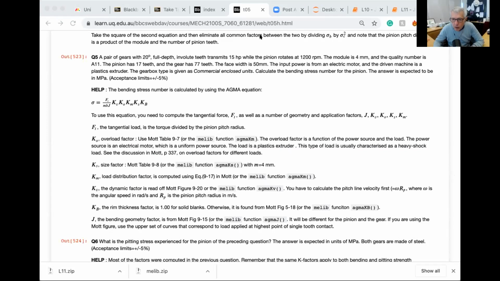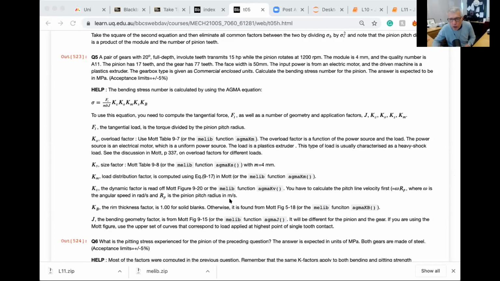And then you would have calculated all those K factors. So what are they? So they're the same for question 6 and 5, right? Yes, I think so. Yeah, it is the same. K naught, the overload factor, I got 1.75. Correct. For Km,